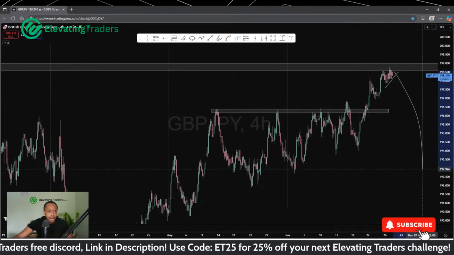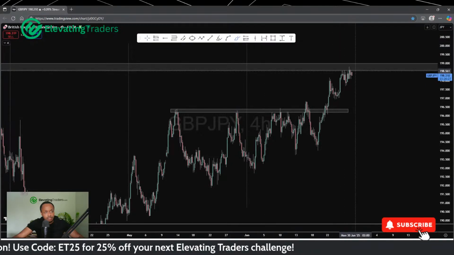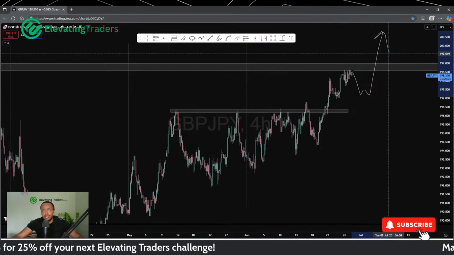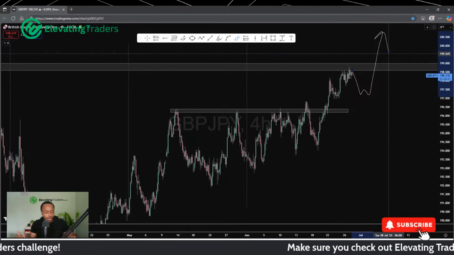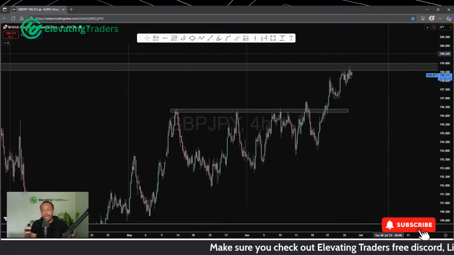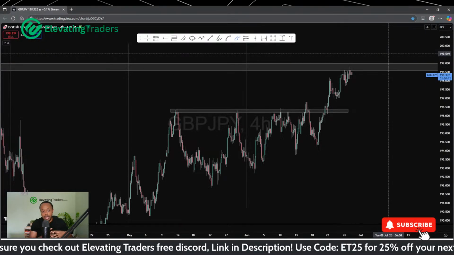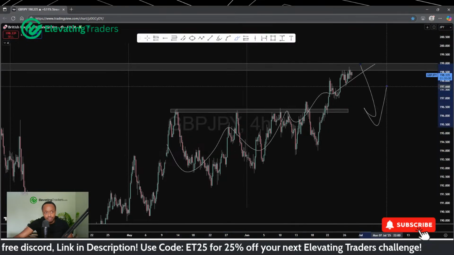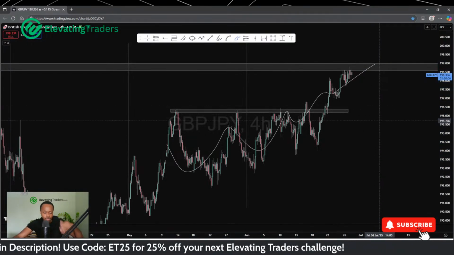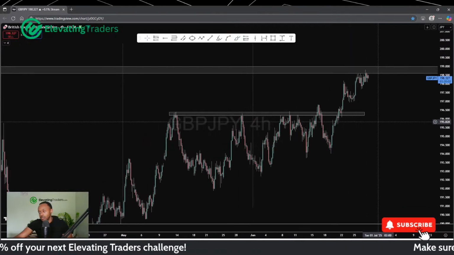Whether we'll get a massive sell like this, or whether the sell will just be short term and then we continue to buy and continue to break highs, we'll have to wait and see what type of price action we get and what information we get from the candlesticks. But in terms of a location to short, I think it makes sense, especially with how price got there. Very corrective. So most of the time you would expect price to respect resistance, but I would just keep a close eye in terms of managing the position.